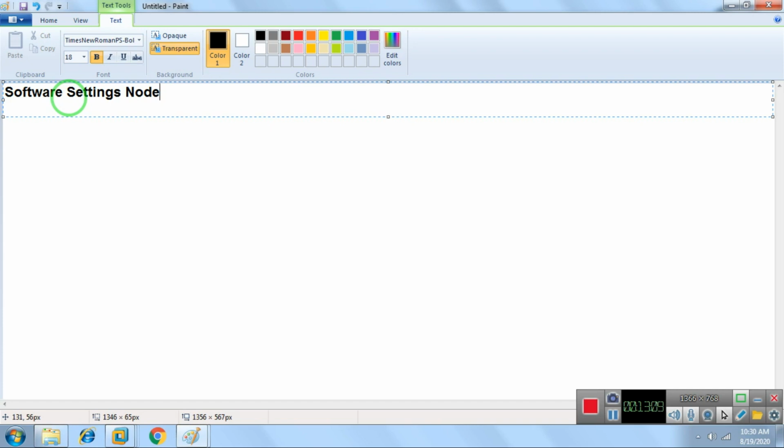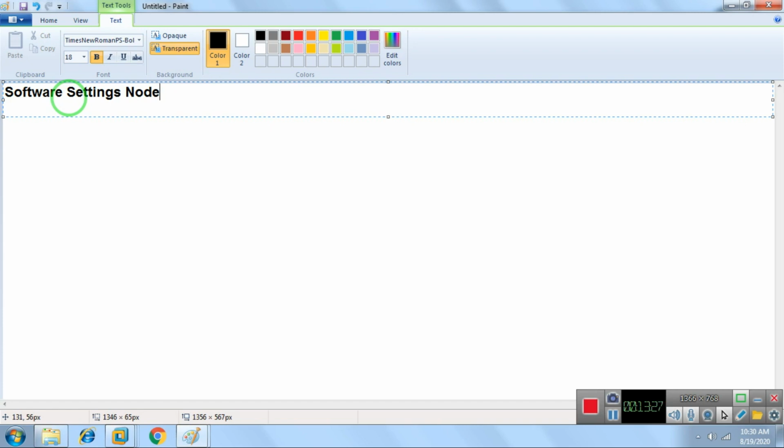Like imagine I have 10 users, user 1 to user 10. I want these 10 users not to be able to install software in my domain network, so we can go for that. Or I want these 10 users not to be able to access any software in my domain network, so we can go for that also.